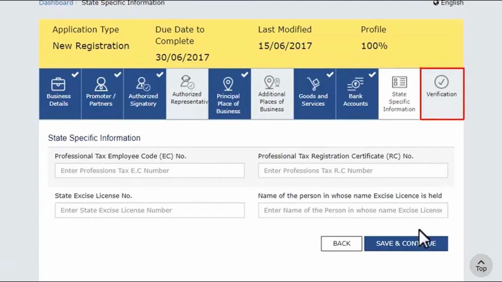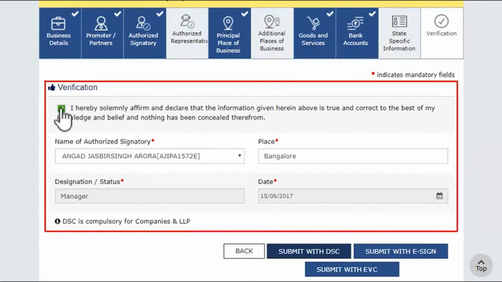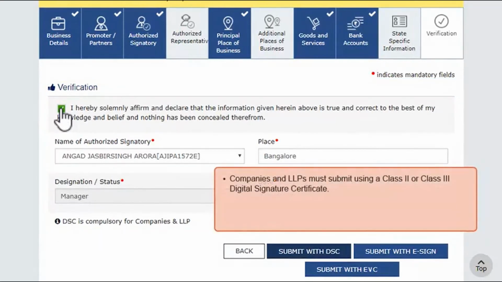Else, you can jump to the last section of the application to verify that the information furnished is true and correct to have a legal binding. Once done, submit the application. For companies and limited liability partnerships, LLPs, it is mandatory to submit the application using the PAN-based Class 2 or 3 Digital Signature Certificate (DSC).